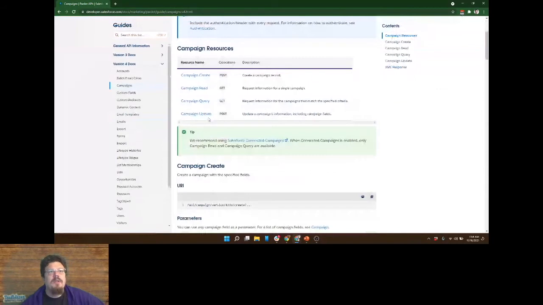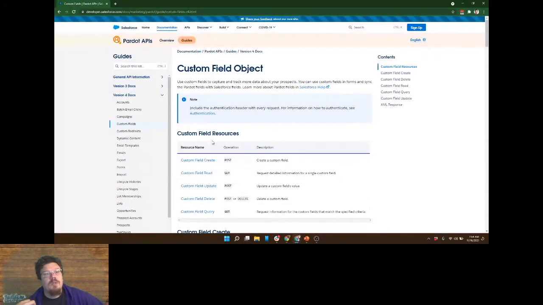Custom fields. This is the Pardot custom field, so we can read custom fields. We can create custom fields by program, by API. So if we want to build an integration and we want that integration to just kind of automatically install itself, like, I need 7 custom fields in order to do what I need to do, because that's what a Zoom integration has. We have registered, attended, registered date, attended date, webinar name, link for how to sign up to the webinar, right? We can actually use the API to check to see if those fields exist. If they don't exist, create those fields.